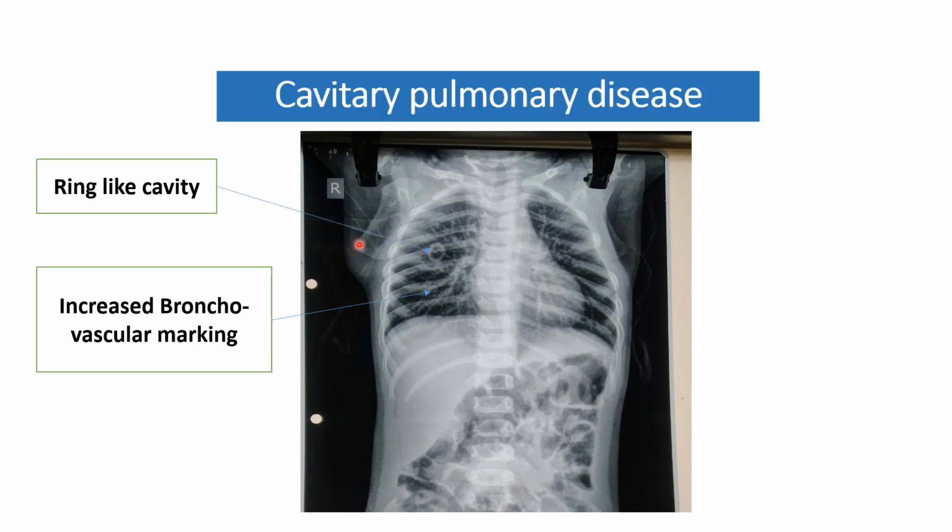So the differential diagnosis for this cavity, whenever there is an isolated cavitary lesion, can be either tuberculosis, or some pneumonia, or some fungal infection, or sometimes hydatid cyst, or sometimes malignancy. So the diagnosis will be cavitary pulmonary disease, and we have to differentiate either infection or some malignancy by